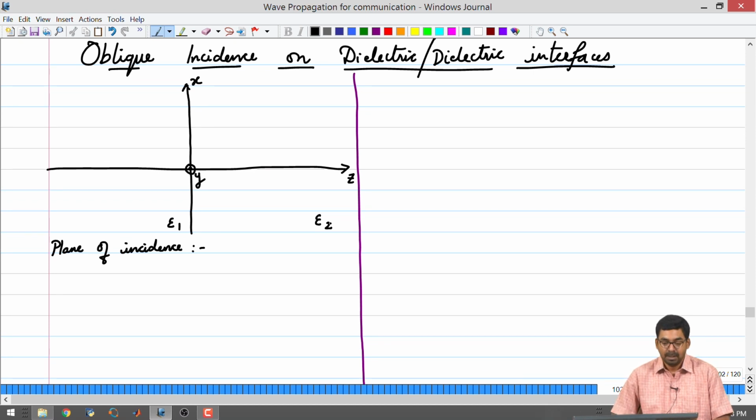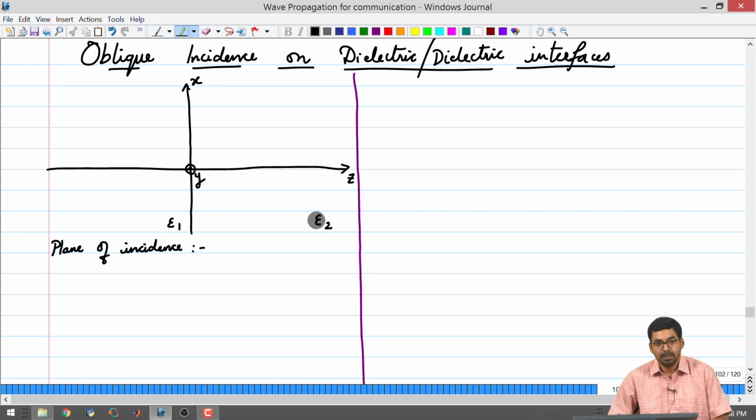Okay. So, epsilon 1 and epsilon 2. The interface between epsilon 1 and epsilon 2 is at z equal to 0. So, this point here corresponds to z equal to 0, all right. So, z less than 0 corresponds to one dielectric with dielectric constant epsilon 1. Z greater than 0 corresponds to another dielectric with epsilon 2, and we are assuming that these two media are